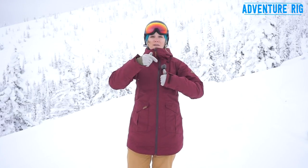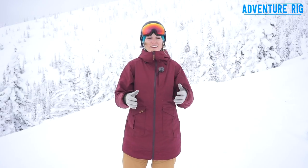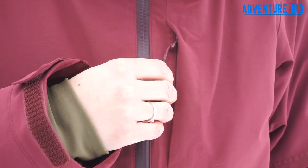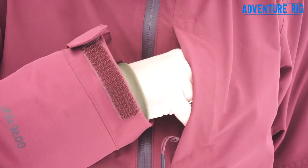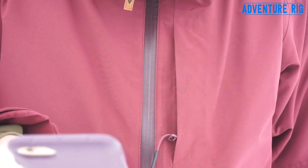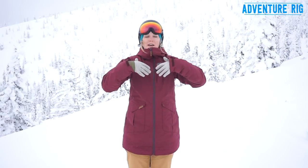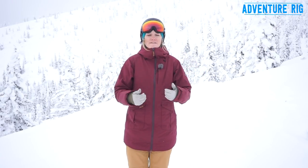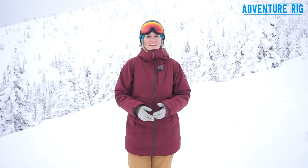I've got a pass through, so my headphones pass through into the inside of the jacket. I am absolutely obsessed with this now, and I don't think I could wear a jacket without that feature. It's so nice to just be able to access my phone and my media without unzipping my main zipper, getting cold snow into my inner layers. So I really, really love that. I know it's a common feature out there, but I've never personally had the opportunity to try it, and I'm